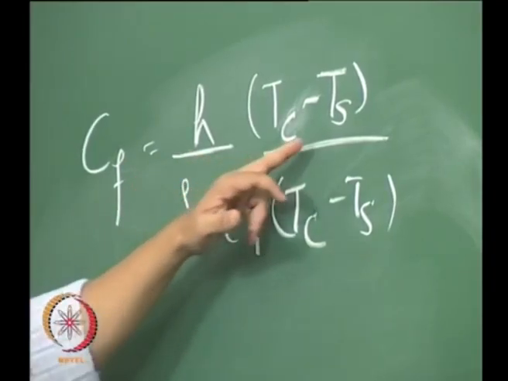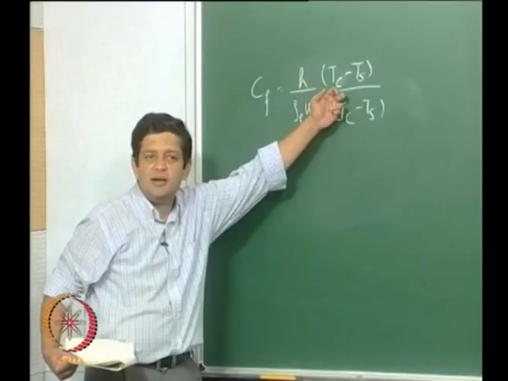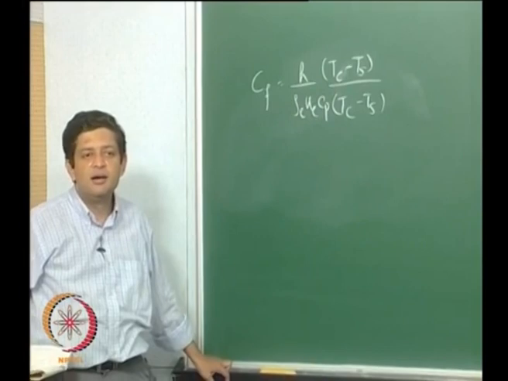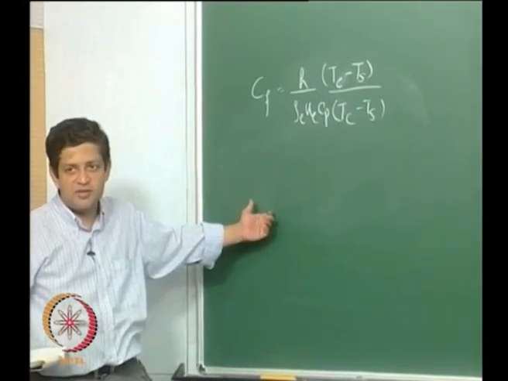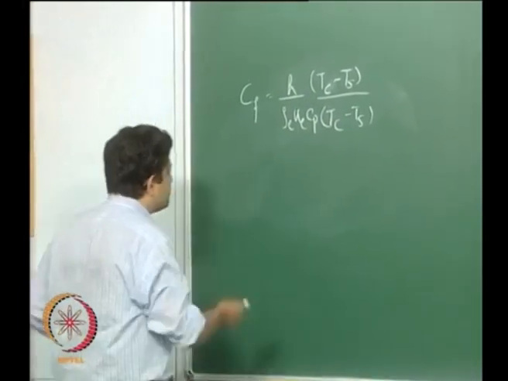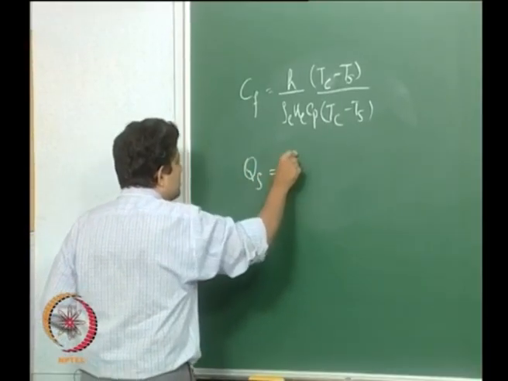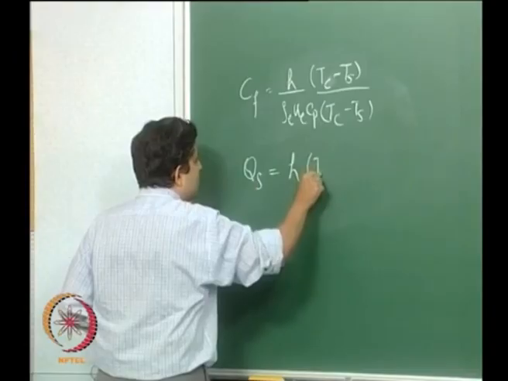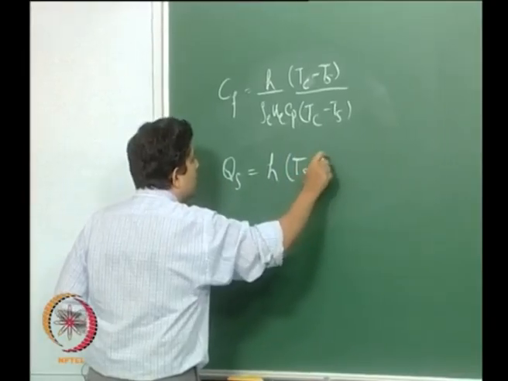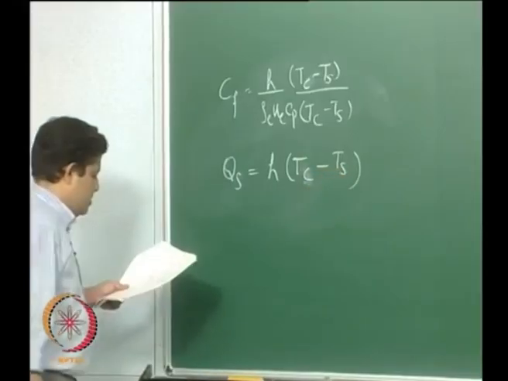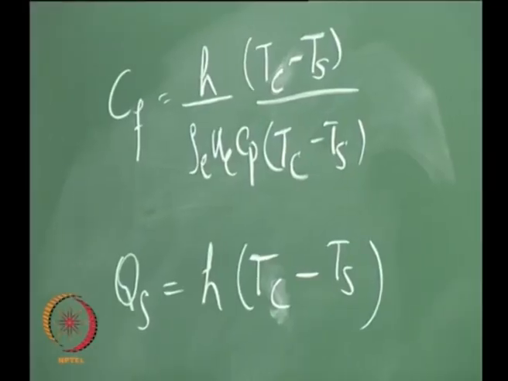But what is h into Tc minus Ts? That is the convective heat transfer, right? So Qc is equal to h into Tc minus Ts. So what we will end up getting is,